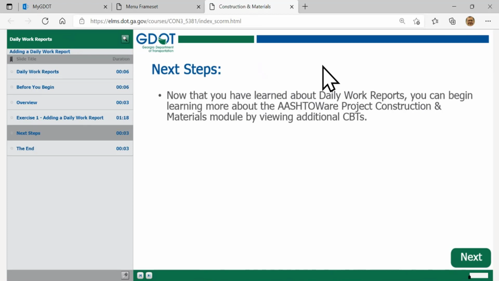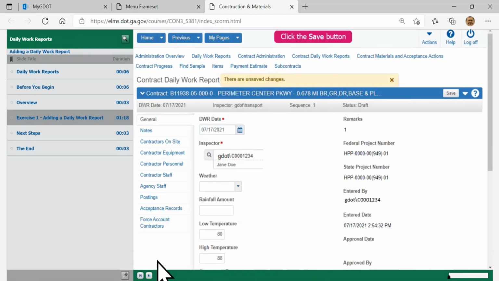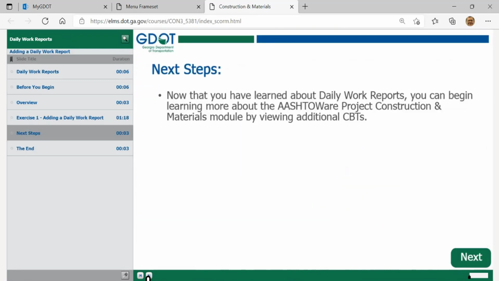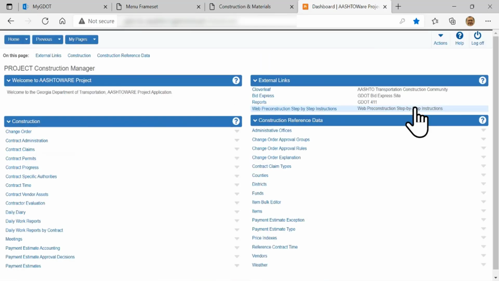Now, you've probably entered a lot of DWRs as you're working with it, just so we can see a little bit more, because there were a few other items once you approve it. Let me go back here, and with the notes and other fields on it, I want to spend a little time going over those so you can see those to work with it. So I'm going to open up my developer site here, and let me log in here to Astra Project so you can see it in a slightly more live environment than the CBTs. And you'll see here's my screen that I'm working with.